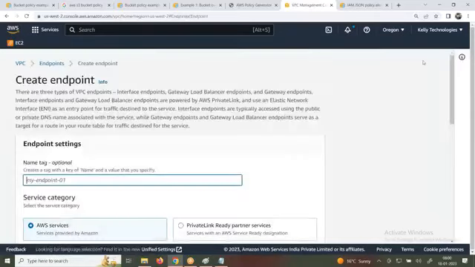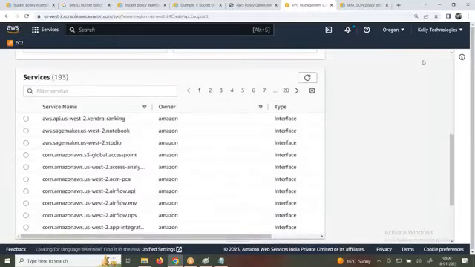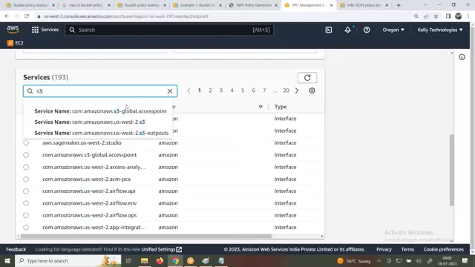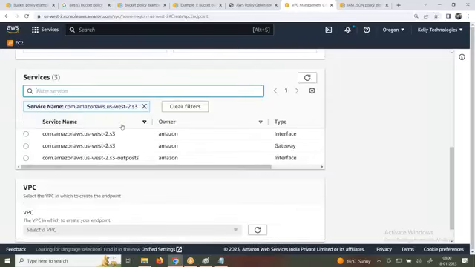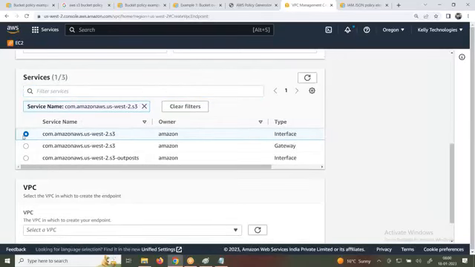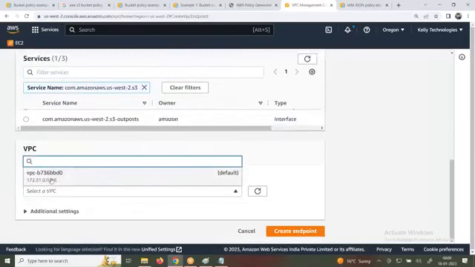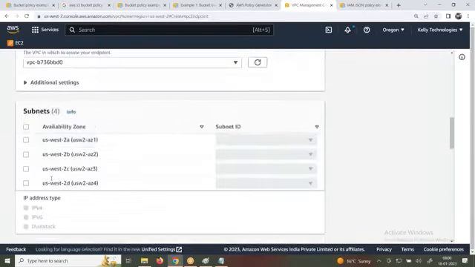Now the download endpoint, AWS service. Now I want to connect to S3. I want to connect to this particular endpoint, this VPC. Now this VPC will directly connect.